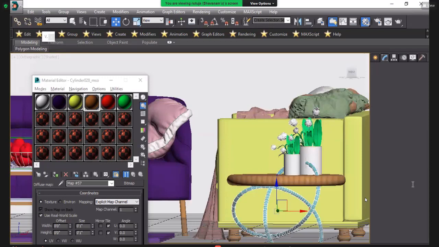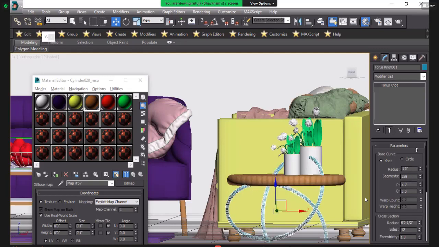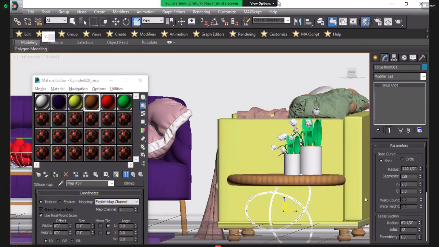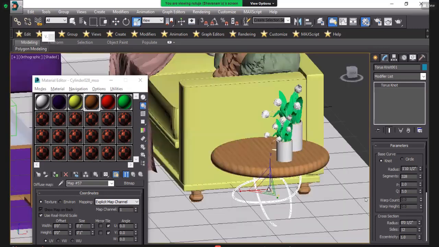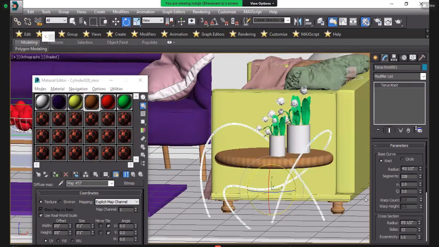If you go in editable poly, you can change the segments, increase the segments, increase the radius. Okay, like that. Adjust your knot. I will increase the radius.